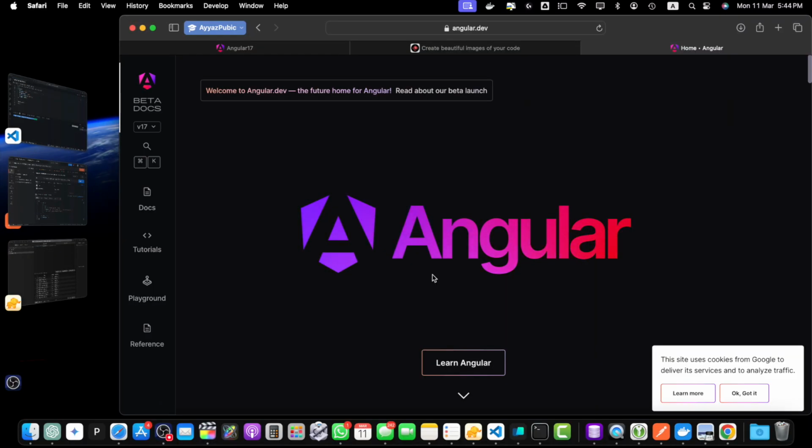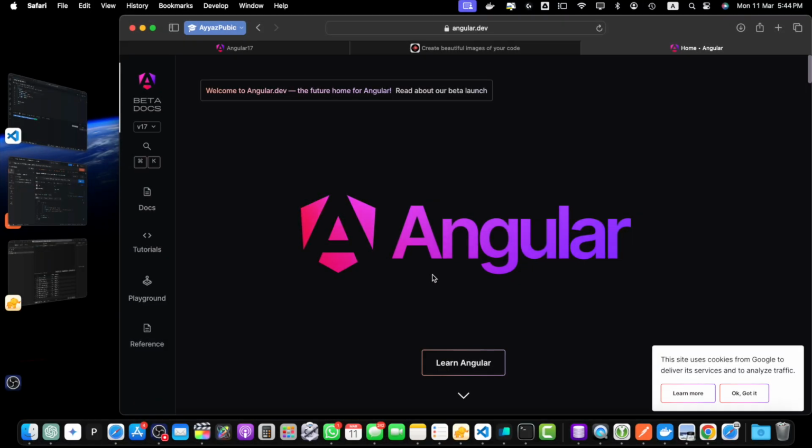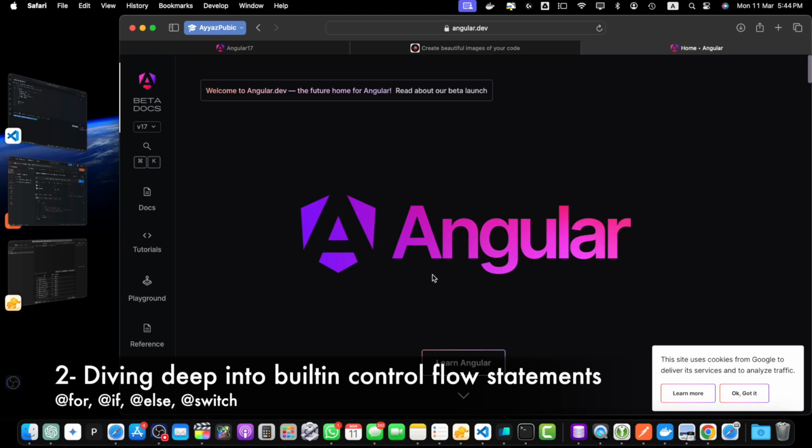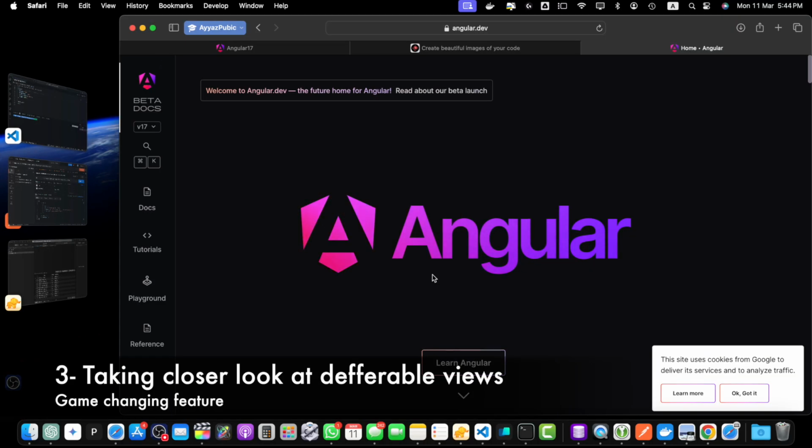In this tutorial, we will be covering several key features that make Angular 17 stand out. First, we will explore Angular's new look and enhanced documentation experience with the introduction of Angular.dev. Next, we will dive deep into the powerful built-in control flow statements that simplify the conditionals and loops in your templates. We will also take a close look at deferrable views, a game-changing feature for lazy loading components and improving